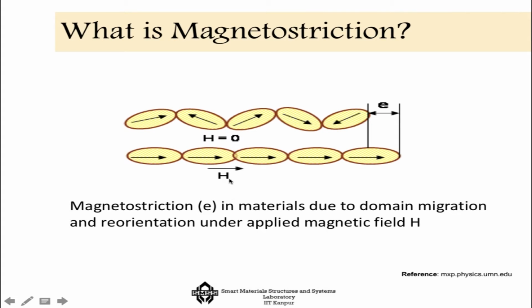Now the moment I apply a magnetic field from a distance, each one of these magnetic domains starts to align itself towards the magnetic field, and you can see that as a result the entire group of materials expands in one direction, creating a magnetostriction in the system. So by applying a magnetic field you can expand, and by playing certain tricks you can also make it contract, and thus you can make a forward and backward movement with the help of a magnetic field using this type of system.